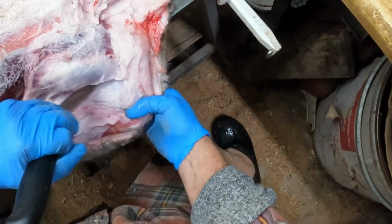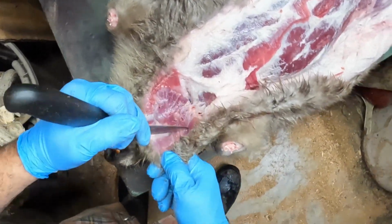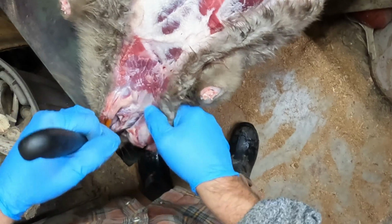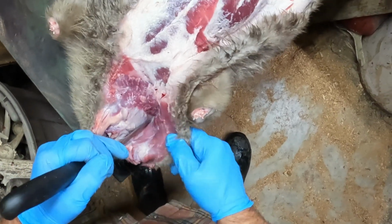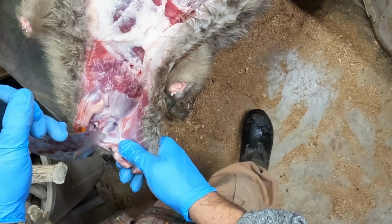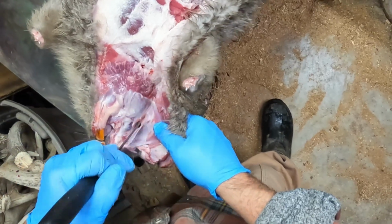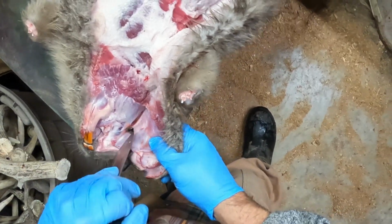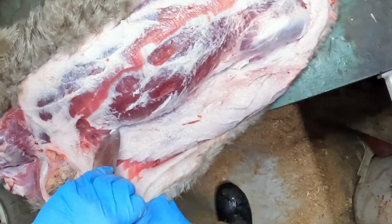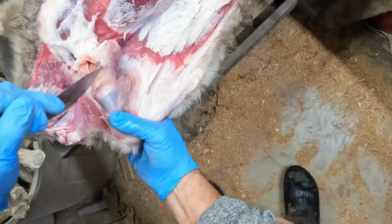And if it's a beaver from anywhere outside the lower 48, most likely it's heading for the hatter market. Now, when you get up here on the head, they have a couple veins right here. If you cut into the head, you'll cut them. Got a bite right there by his head. You cut them and he'll bleed like a stuck hog. Just makes a mess whenever you go to